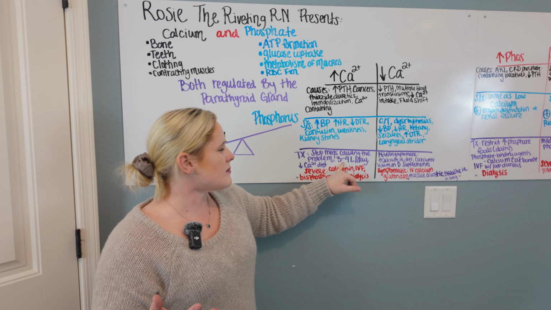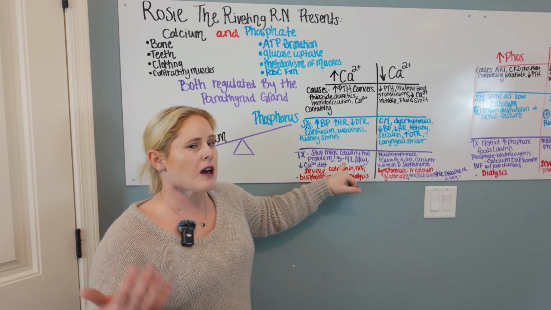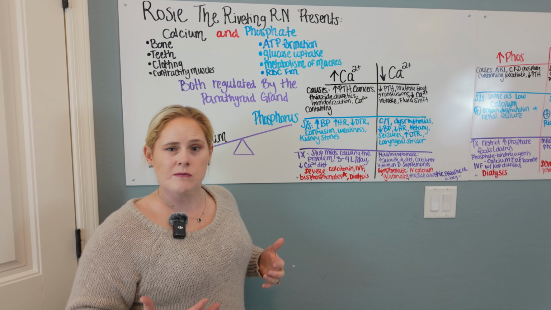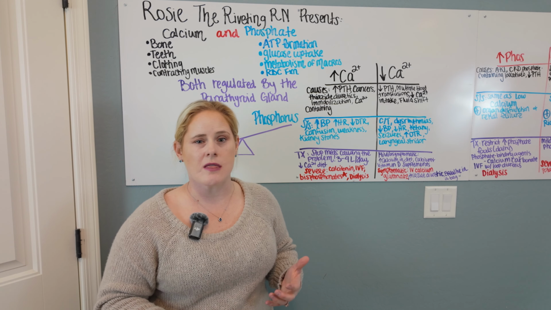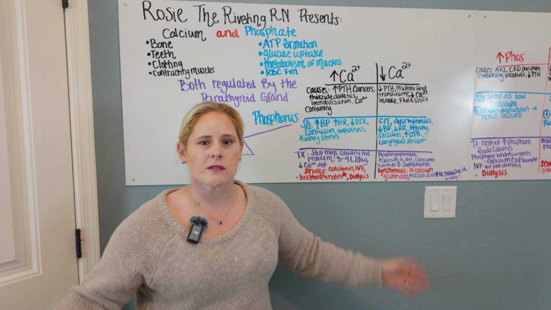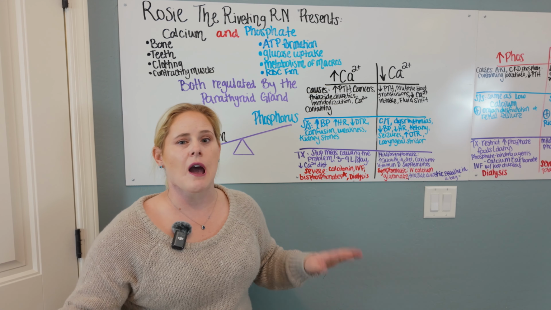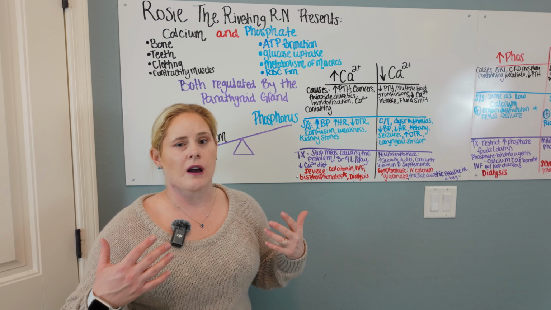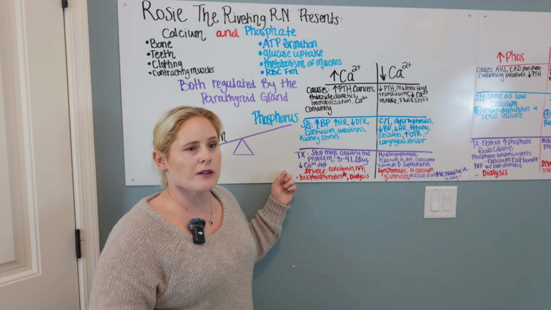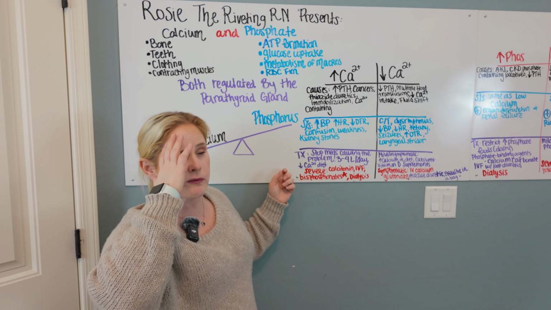Also, what we're going to do, we're going to increase your fluid intake to 3 to 4 liters a day. That is the same as 3,000 to 4,000 milliliters a day. Now, the reason why we want to do that is because we want to prevent that formation of kidney stones. So we want to make sure that the fluid is flushing through, keeping those kidneys nice and patent, and we're peeing out that high amount of calcium, basically. Now, if you are severe, you do have cardiac dysrhythmias, you're very symptomatic, you're really weak, confused, what